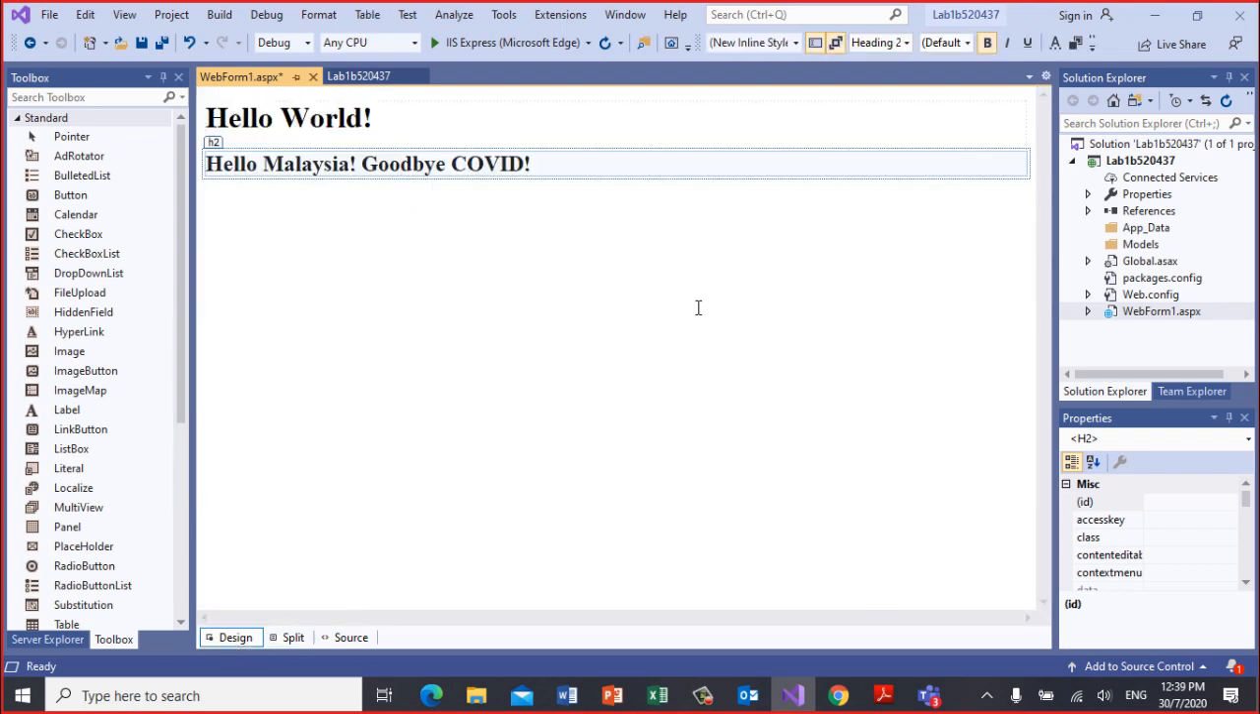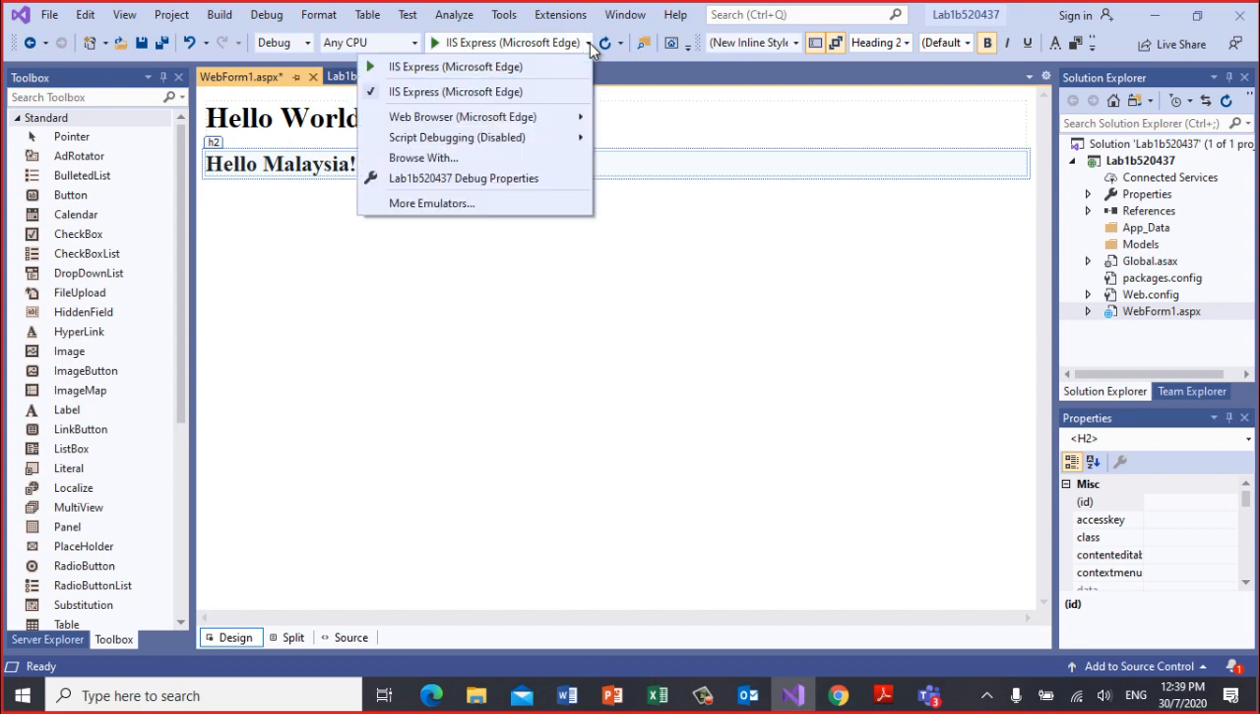Okay, now once we have this design, let's say that we want to display it on our web browser. You will notice here this green triangle. This is to run, and if I select this, basically currently